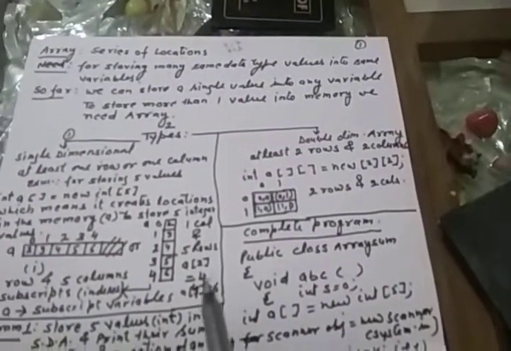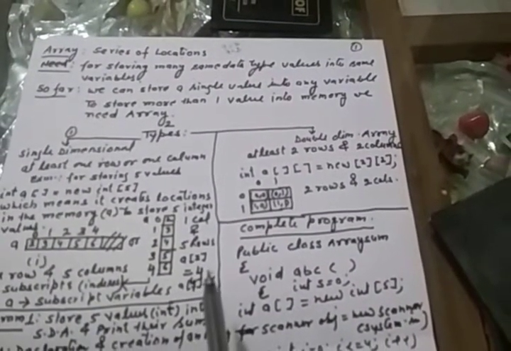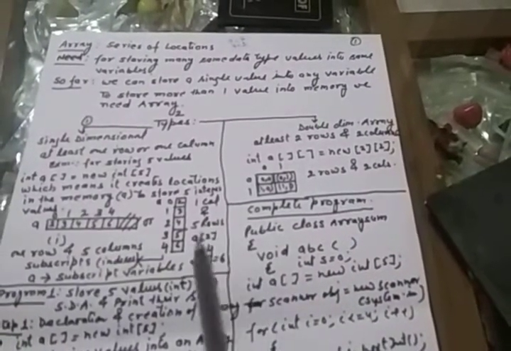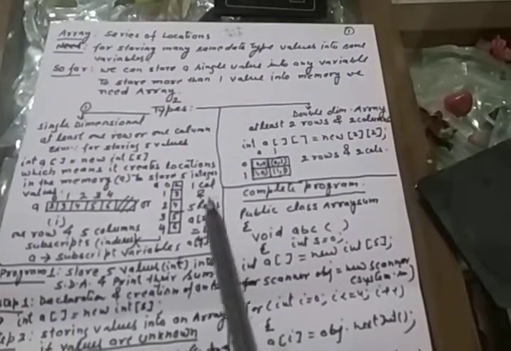Okay, is it clear to everyone? So what I taught in this lecture: what is the use of an array, what is the literal meaning of array, what is the need of an array, how you will declare and create an array, and after declaration and creation, how values can be stored into the array. So what is the actual use of an array? The only use is, if you want to store more than one value into a memory variable, you have to use an array. Otherwise programming is the same as you did already in the previous programs.